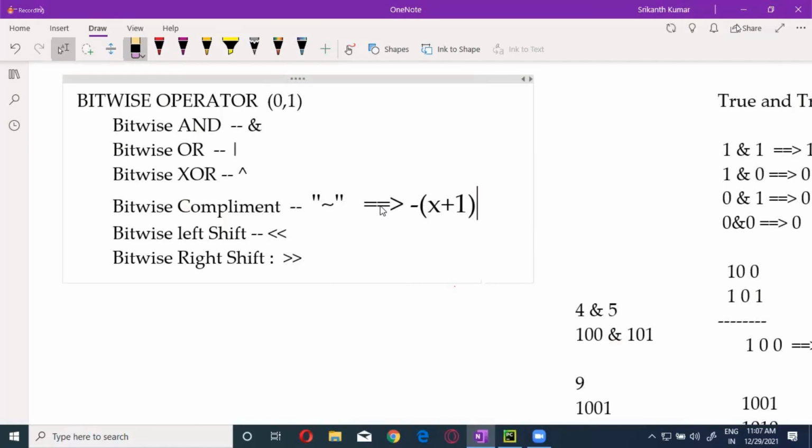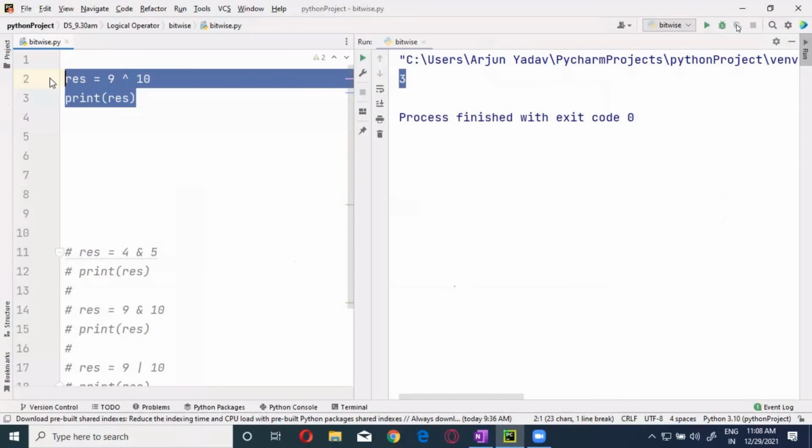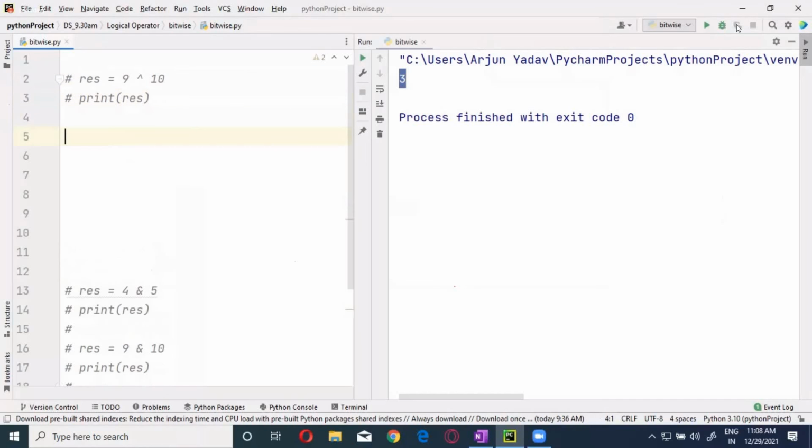Minus of x plus 1, whenever x is the value you are given. Let me show you over here how it works. I'm taking x equals 10.